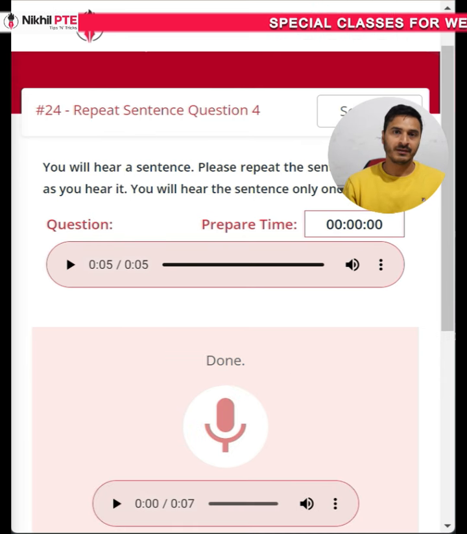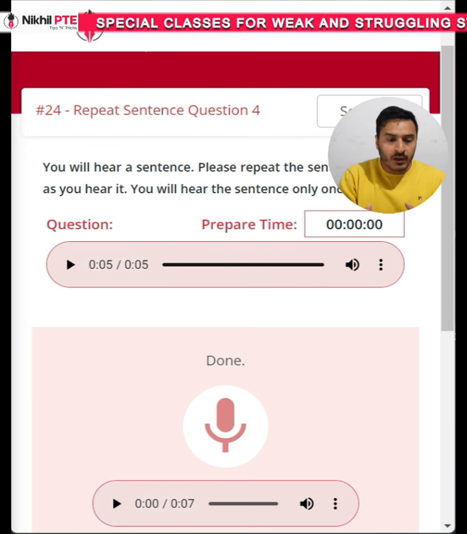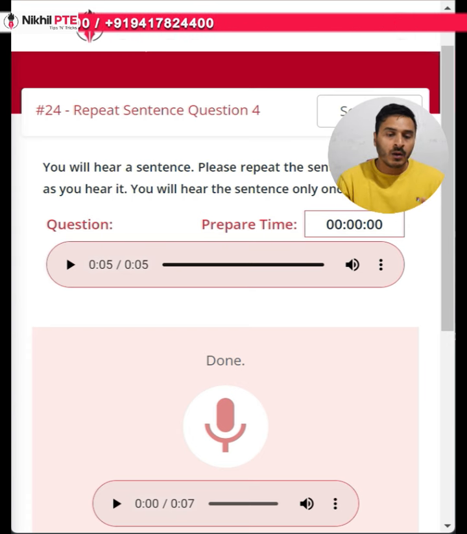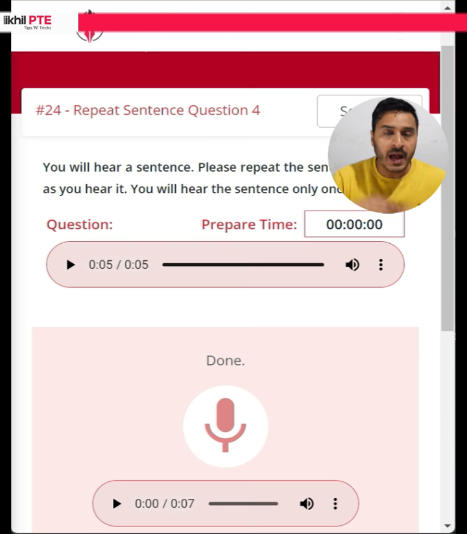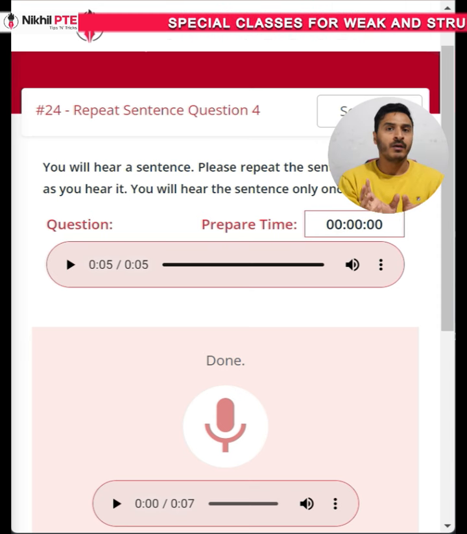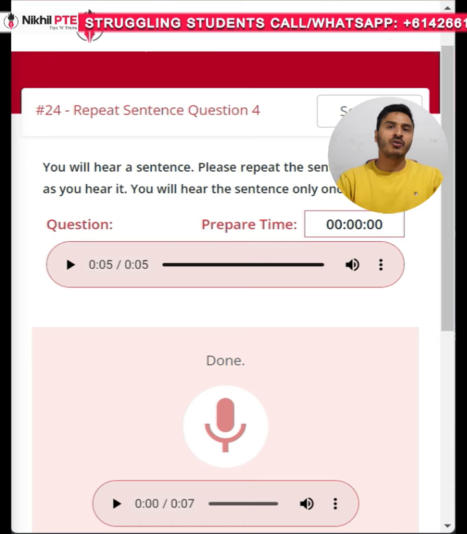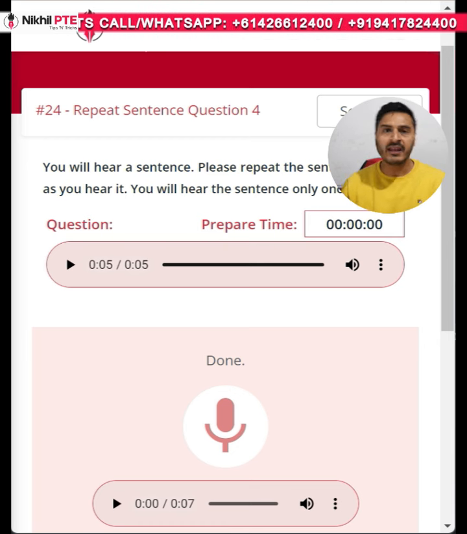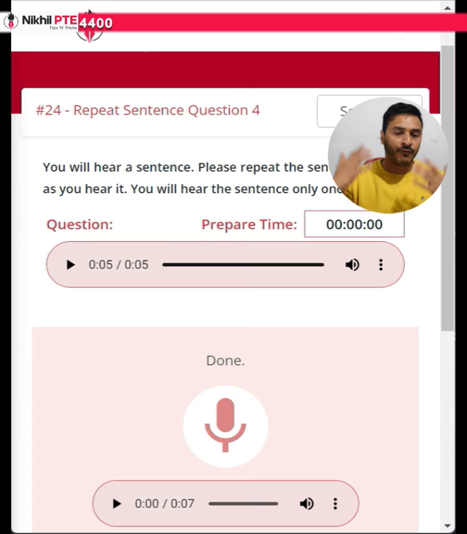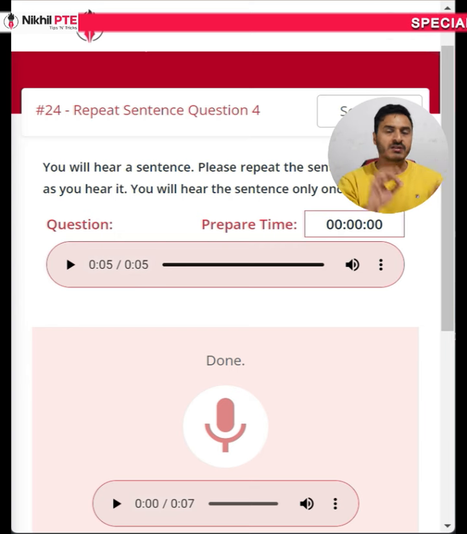That's it. Try. Do not think that if you cannot speak the full sentence, then you can't get it. Some students practice repeat sentences again and again for a day, or 3 or 4 hours, and they think they can improve only by practicing one thing again and again. No, you have to manage your time. You have to focus on each and every module. Who says that if you practice 3 to 4 hours for repeat sentences in a single day, and then practice for another day, you can improve? If you are thinking like this, you are wasting your time. Just manage your time